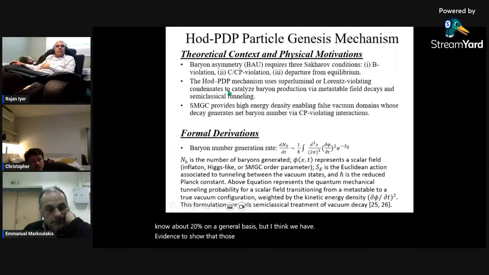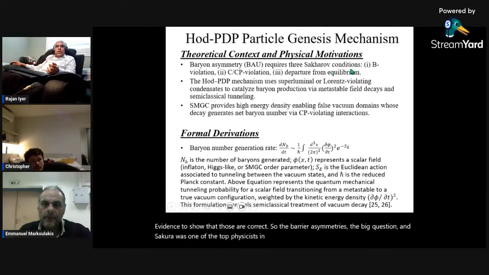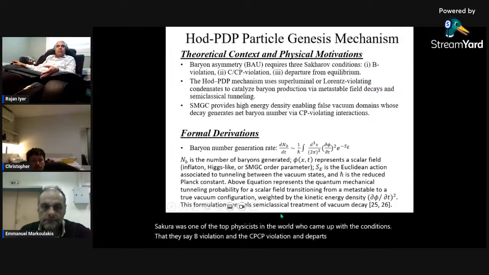So the baryon asymmetry is the big question, and Sakharov was one of the top physicists in the world who came up with the conditions that there's a B violation and a CP violation and departure from equilibrium. So these are the three important conditions. Again, I go to little more detail in the paper, but